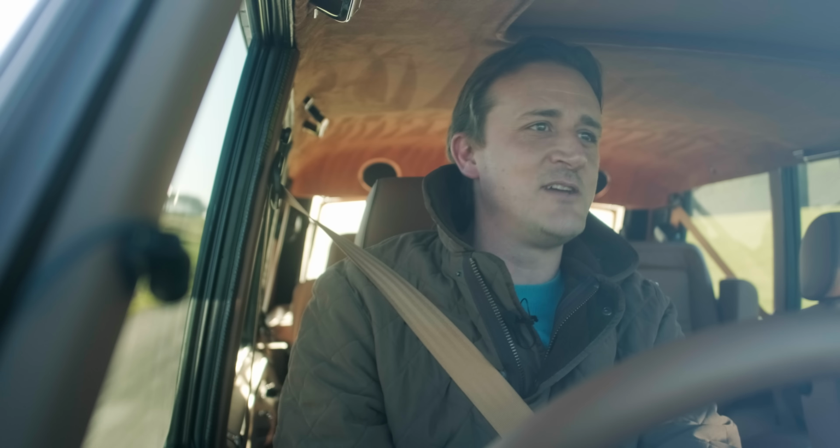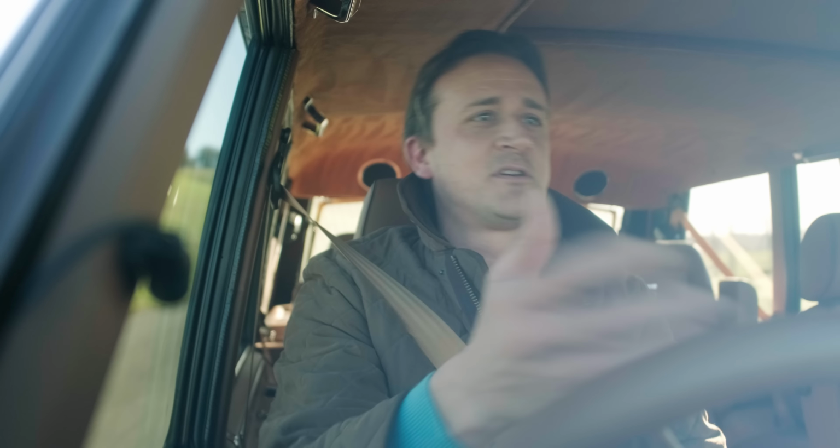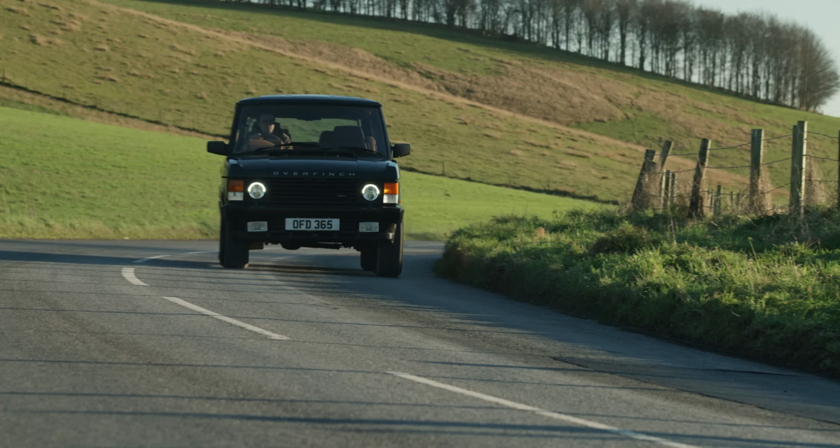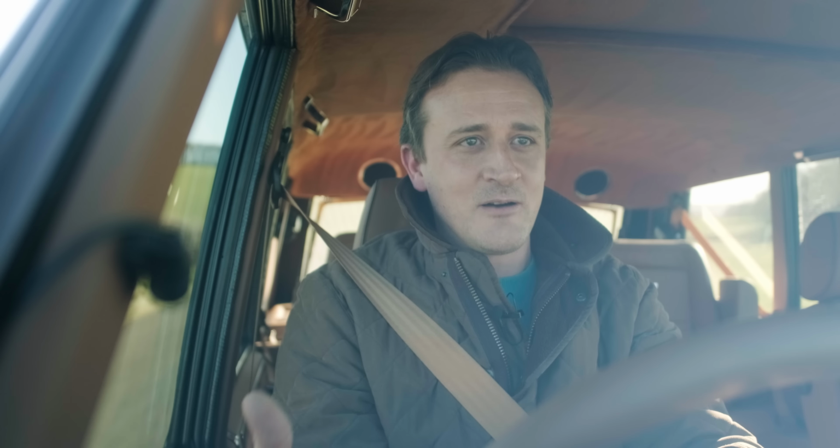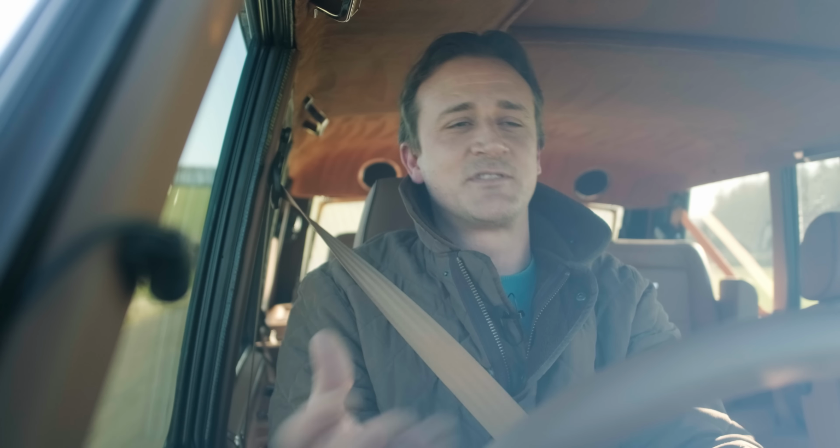But you know what? Let's not get wrapped up in all the objective financial toings and froings of the car, because this isn't about a car that you just sit there and buy with value for money in mind. Obviously that's not the case. This is a car you buy from your heart because you love classic Range Rovers and you want something different,